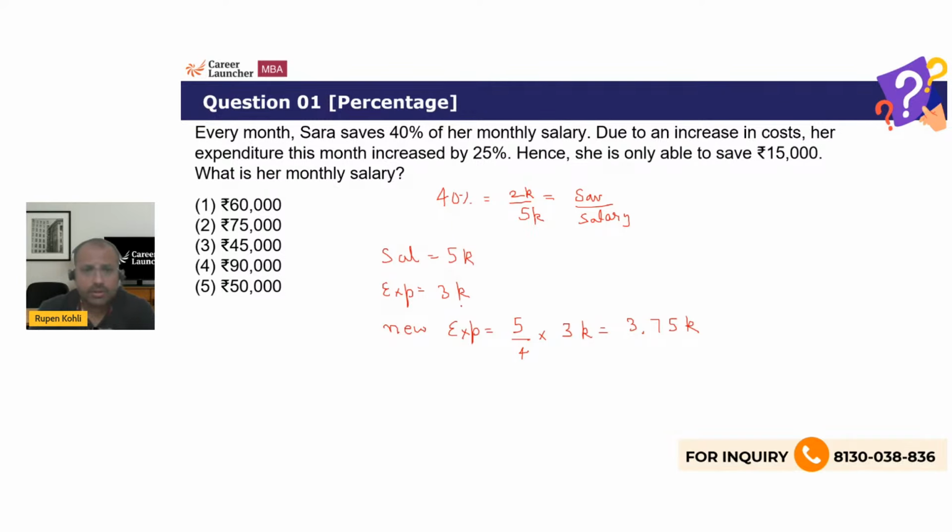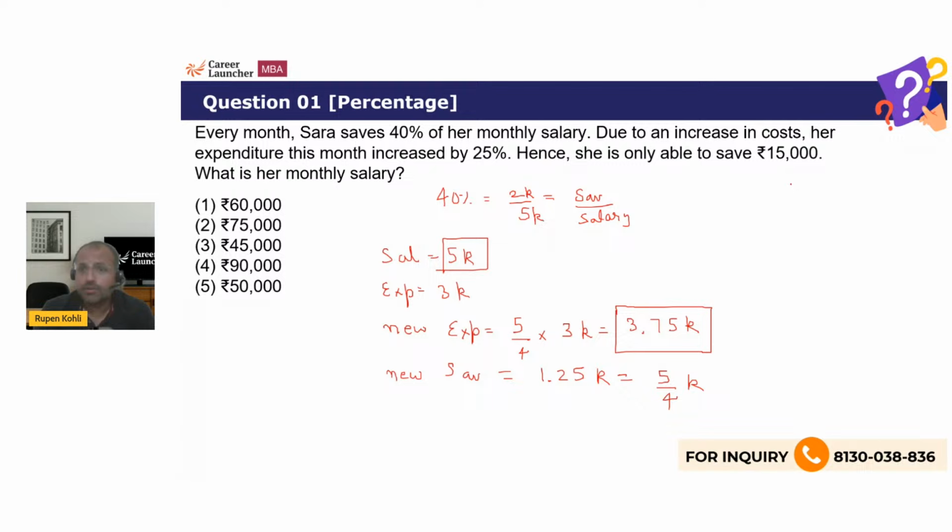So therefore, although she used to earlier save 2K, that is not going to happen. Her salary has not changed. It is still 5K, but her expenses have increased to 3.75K. So therefore, her new reduced savings will be 5 minus 3.75, or 1.25K, or 5 by 4 of K, and